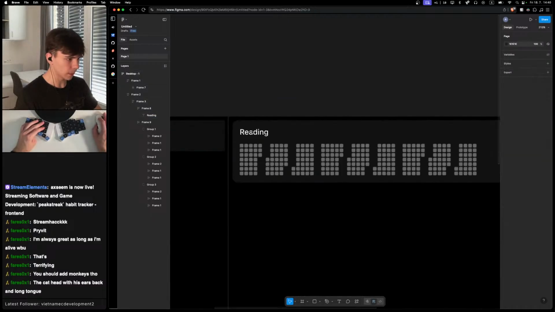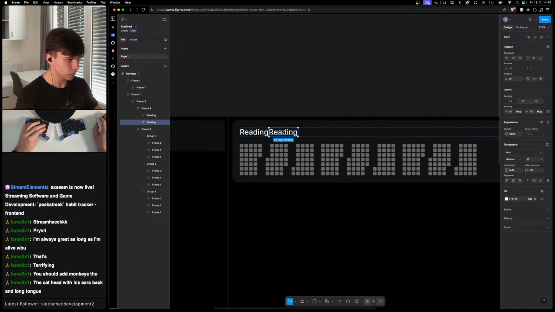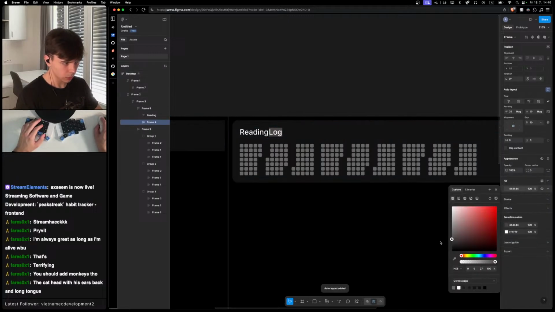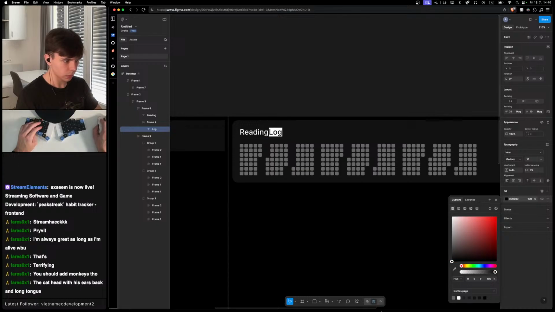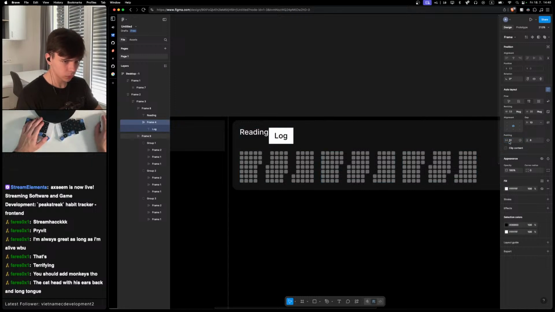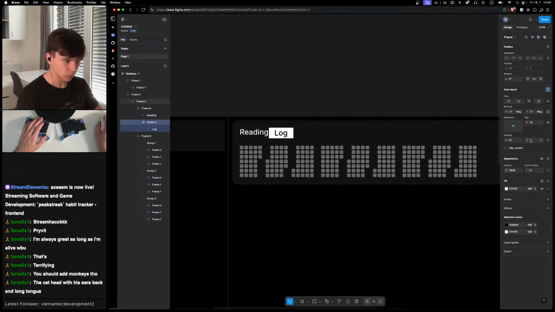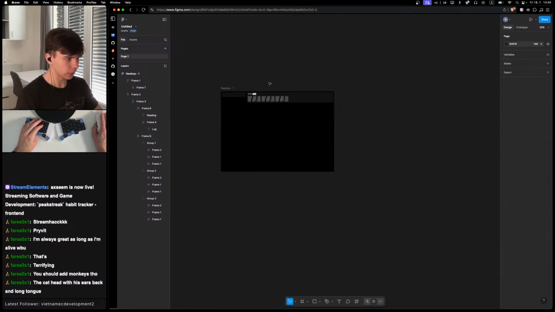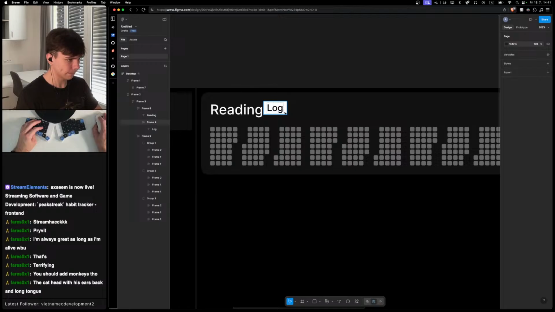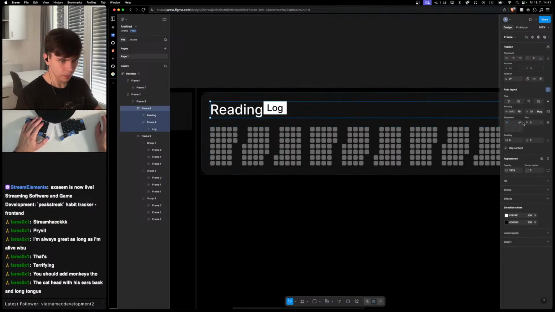I want to add a button. Lock. Group. Layout. Fill. Let's make it white, while text is black. Actually, it shouldn't be that. Oh, it's only 16. Okay, let's increase this text to 24. Make it